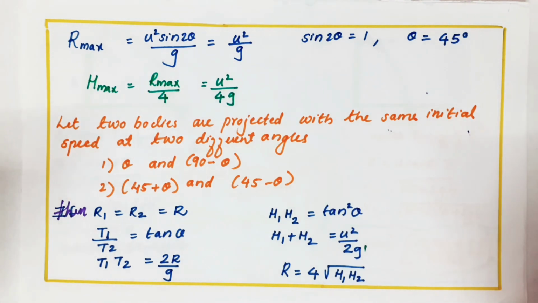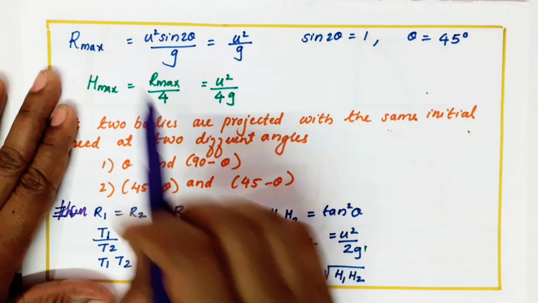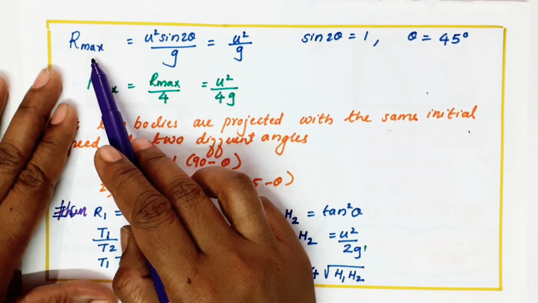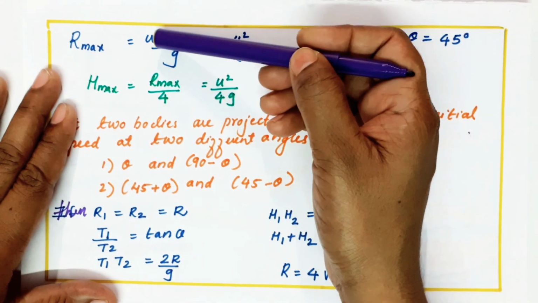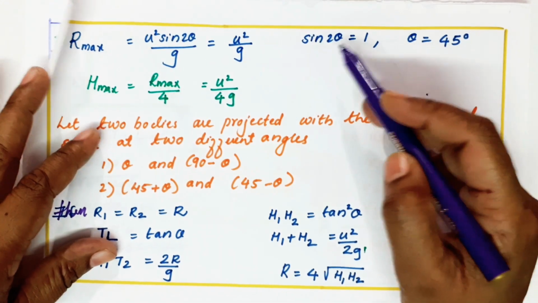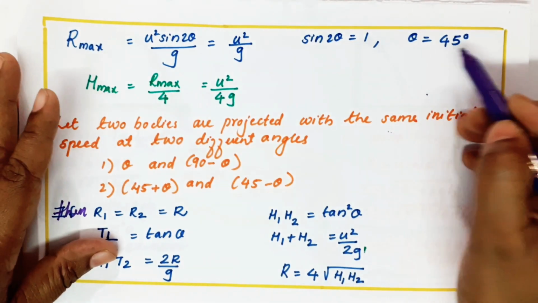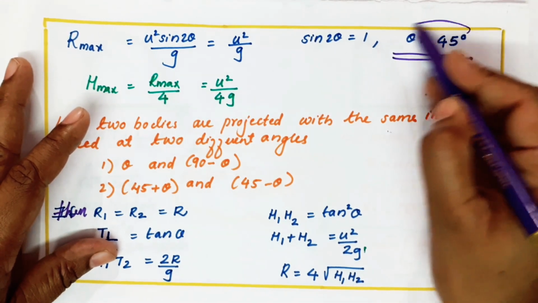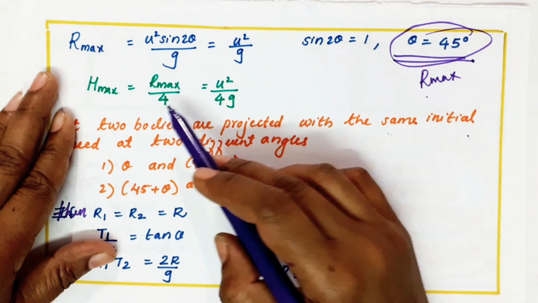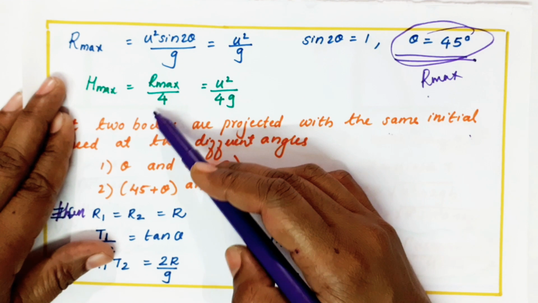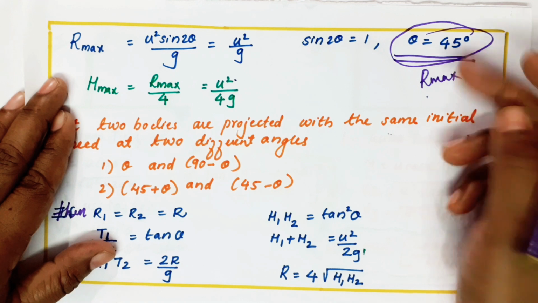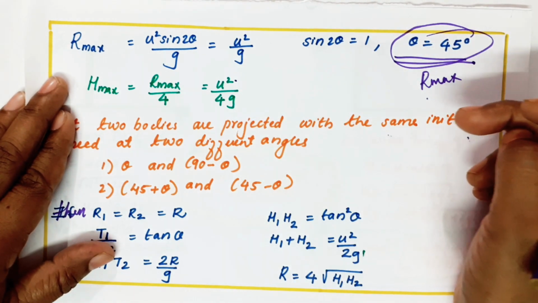Now, I'm telling some shortcut formulas. You should know that the range equation is u square sin 2 theta by g. What should be the maximum range of a particle? We know that the maximum value of sin is 1, so it should be equal to u square by g. At what condition? Sin 2 theta equal to 1, and in that case 2 theta should be 90 and theta should be 45 degrees. So very important: range is maximum when theta is equal to 45 degrees. Then we have an equation with the range maximum and height maximum. If you do, you will get an equation as u square by 4g. If we substitute the value, we get it like this.